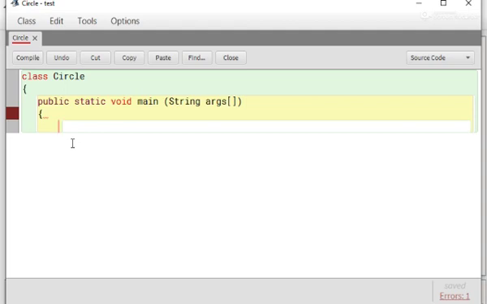After that, process that means calculation. Then we write the calculation how to calculate the area of circle using formula pi r square. And after calculating, we give the output using System.out.println. This all steps are explained already in your notes. So we start and write here all the programs.